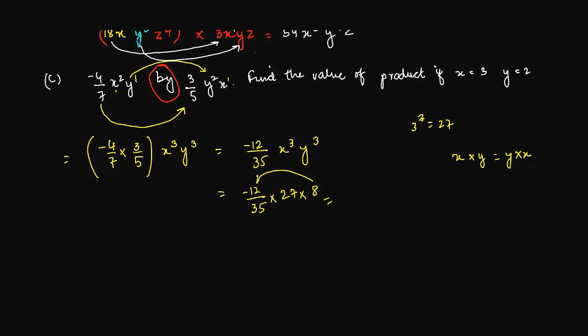So you multiply 12 into 8 will give you minus 96 into 27. Right? Divided by 35. Once you do this multiplication, what do you get? You will get minus 27 times 6 will give you 162, 27 into 9 gives you 243, and 2592. And this basically is your